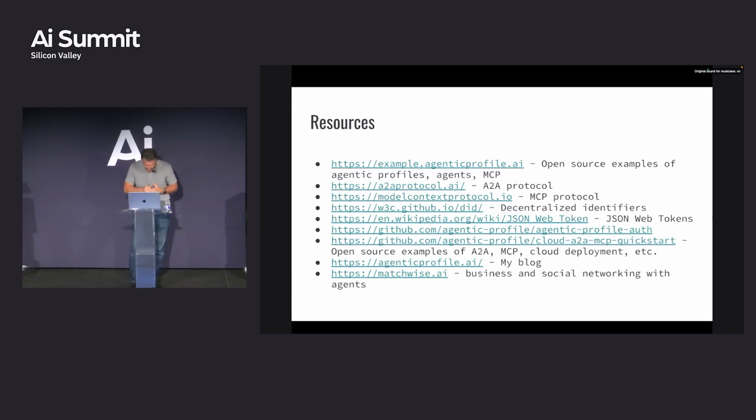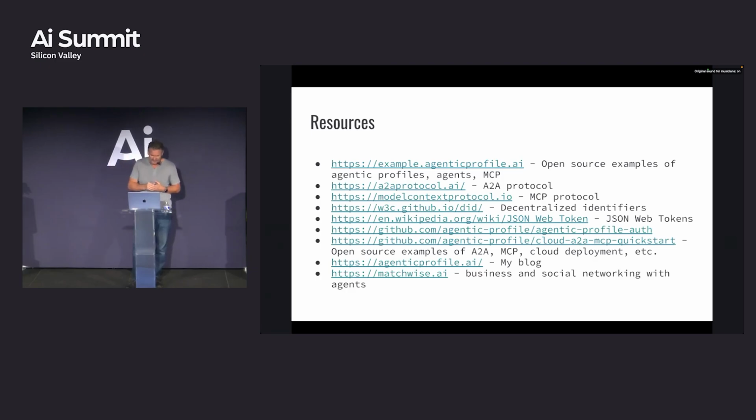A2A protocol .ai. So this is Google's. Actually, it's not Google's. It's Linux Foundation now, right? So Google was working on this early in the year, January, February it came out. This is back to the question before. This is for agent-to-agent conversational kind of stuff. I think there was pressure from the industry saying, we don't want Google to own this. Sorry, I love Google, but sorry, Google. So they handed it to the Linux Foundation. They're in the middle of taking over right now.